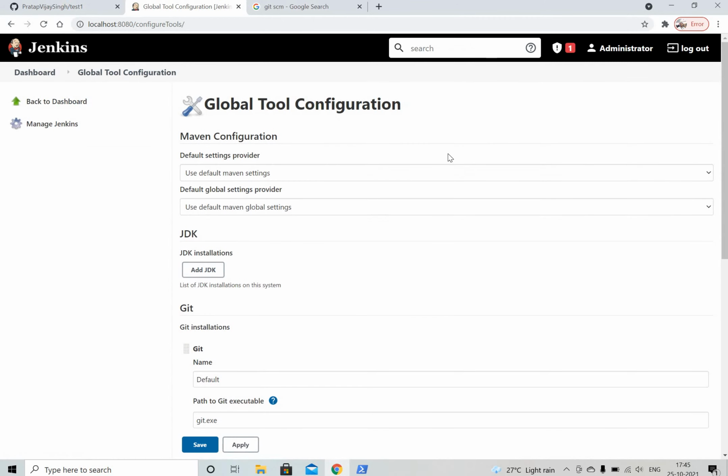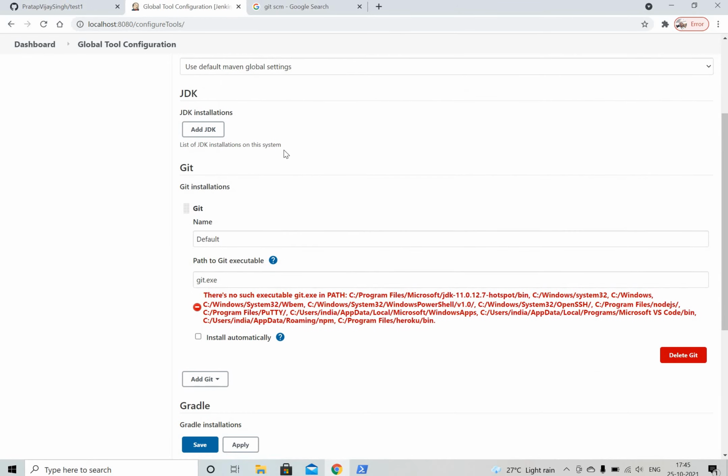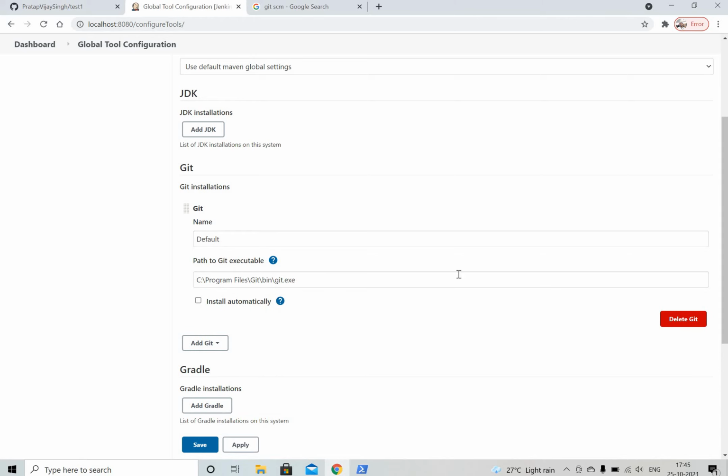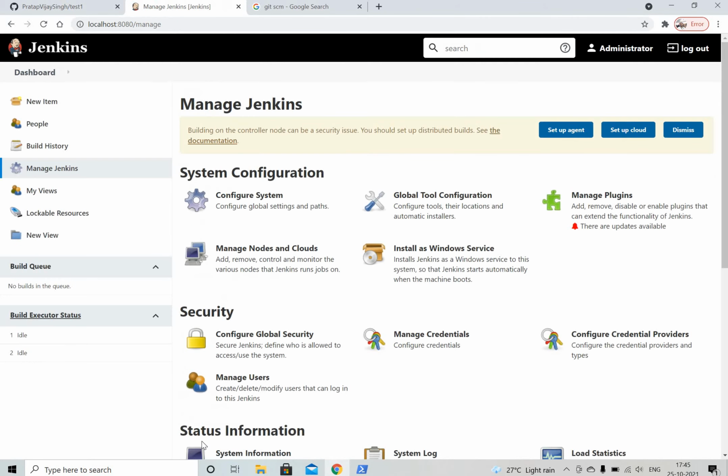Just click on it. You will see all the various tools given. You can see the Git section is there, Git installation. Name is default, and the path to the executable is incorrect. So we need to give the correct path of our installed Git. So I am now giving it. See, now these errors are gone. I will apply and save it.